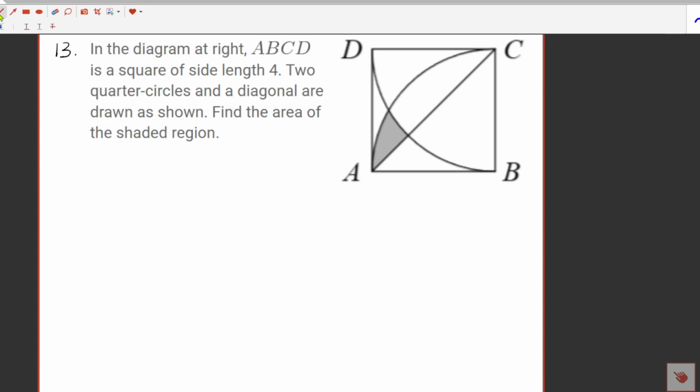First of all, let's draw some auxiliary lines. We could connect point C to this point, and let's call this point Y. We could also connect Y to point B. Then we have the area of the desired region